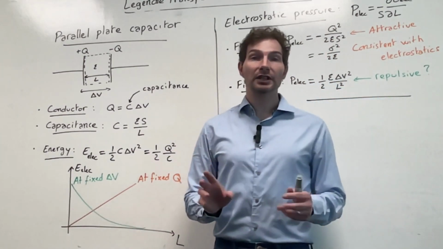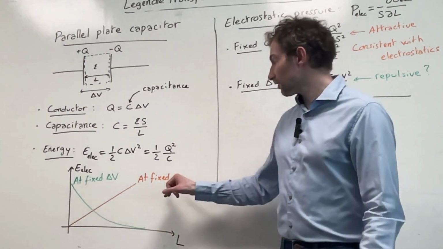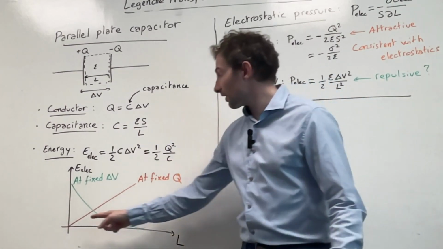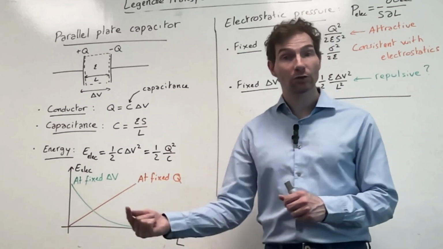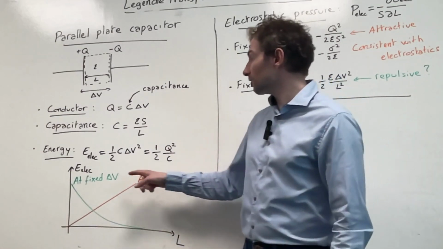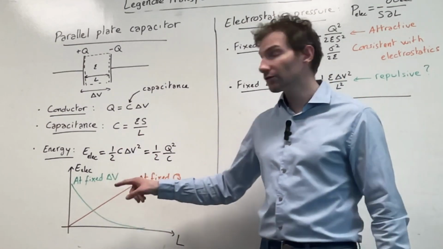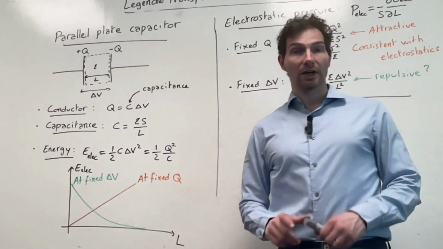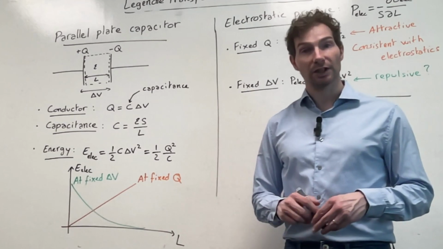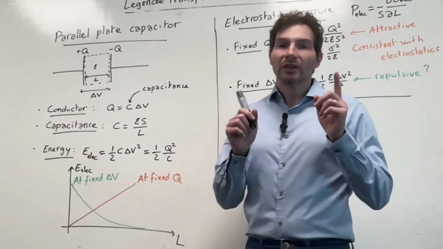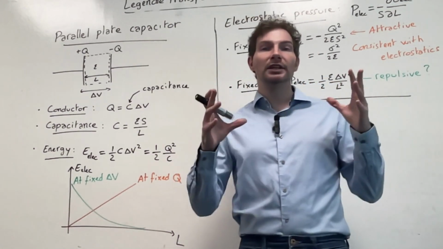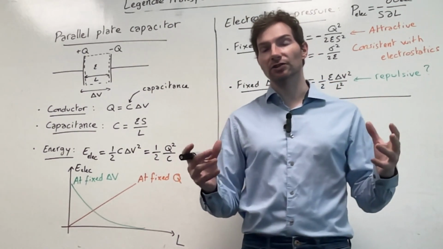So what we see is that in one case, if you fix Q, the charge on the plates, and you separate them, then you're going to have a linear increase in the energy, while if you fix delta V, according to this equation, you're going to have a 1 over L decrease of this particular electrostatic energy. Now, the reason why this is interesting is because we assume that this is really stored electrostatic energy,